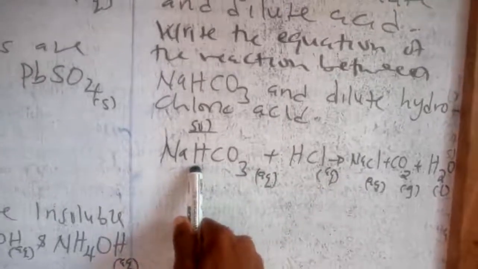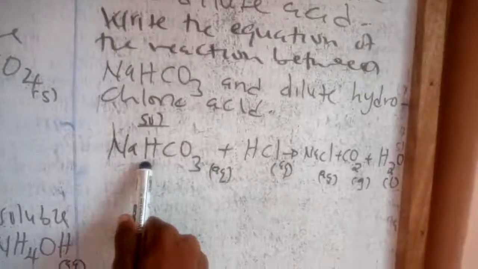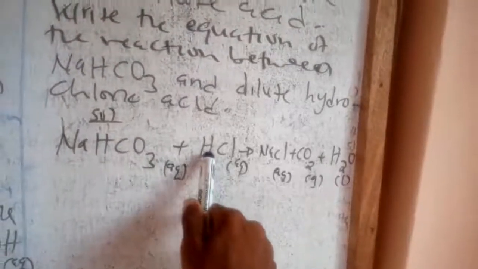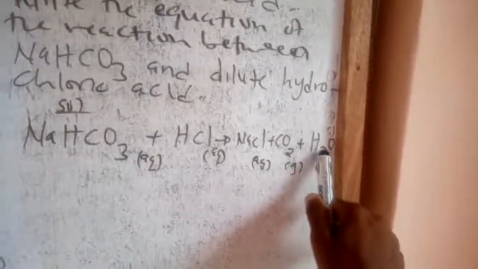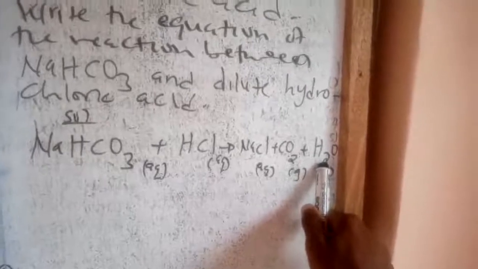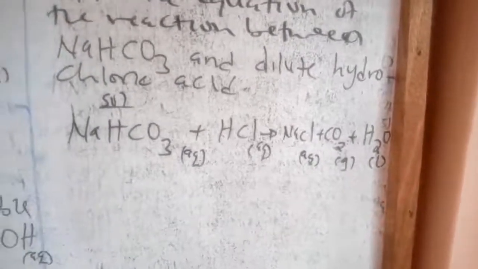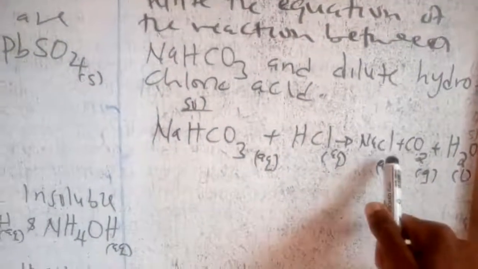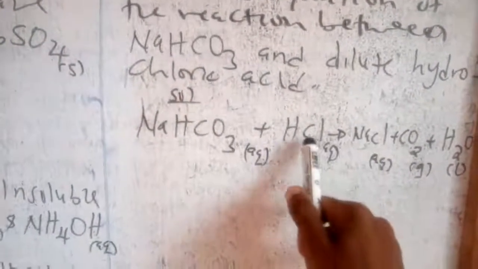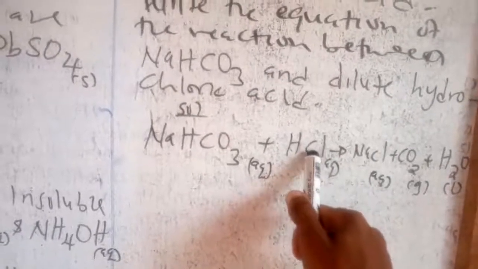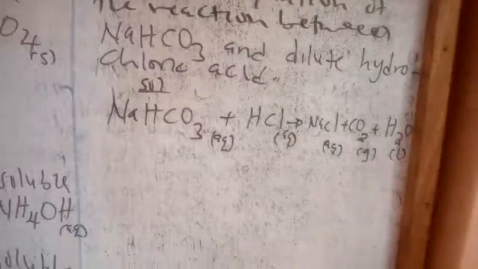What about hydrogen? Hydrogen is also balanced because we have one here and another one here. There are 2, and on the other side there are 2 because a water molecule contains 2 atoms of hydrogen. Then what about chloride ions? They are also balanced. You can see one chloride ion, and also there is 1 chloride ion, and therefore it